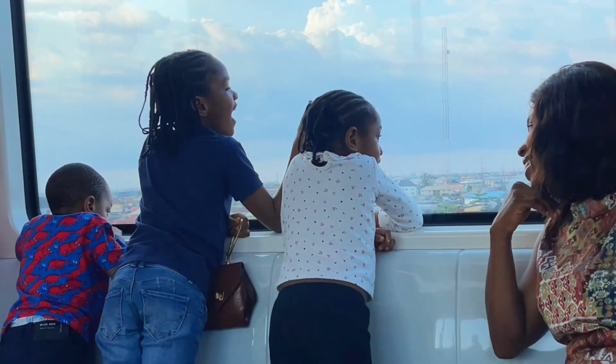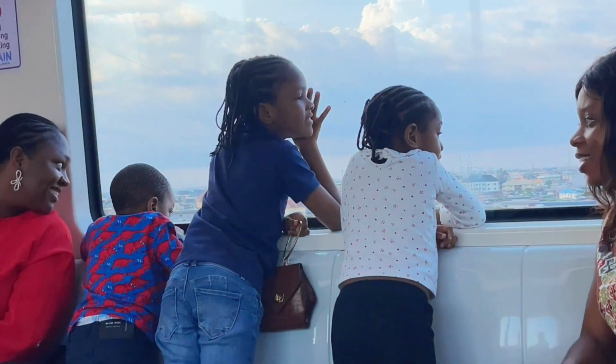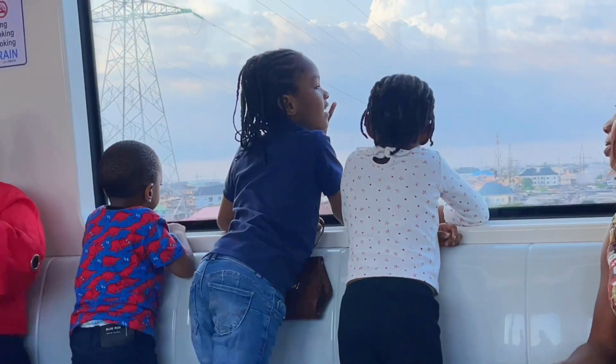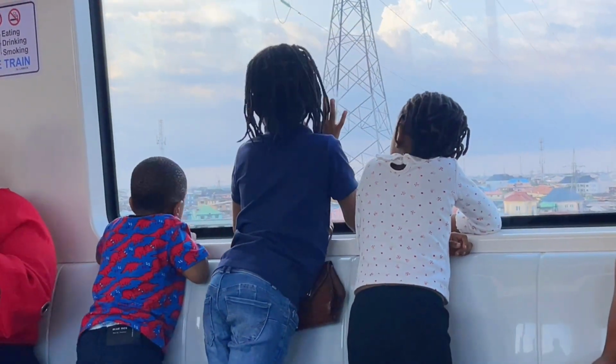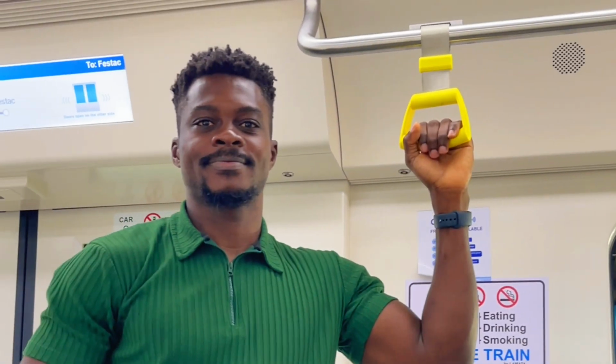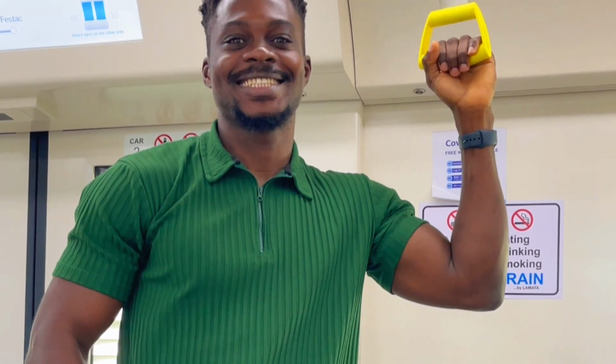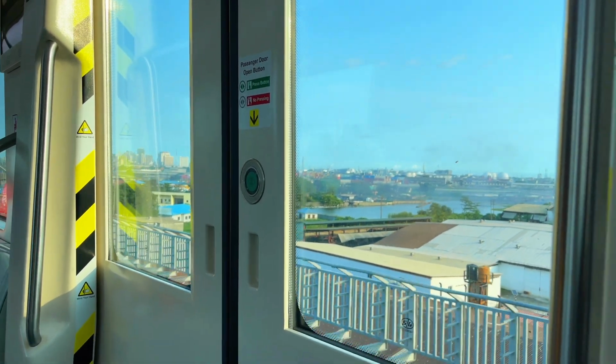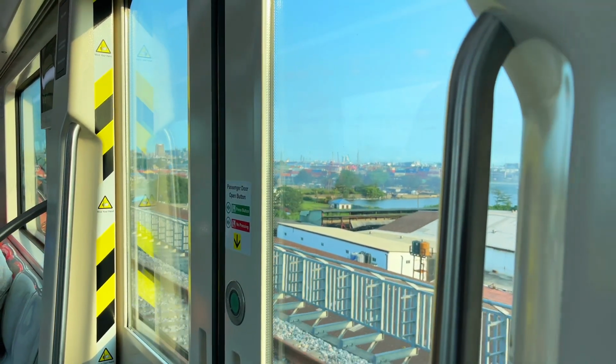Then also the train is air conditioned, it is neat, and it is convenient. If you manage to get a seat, especially during rush hour, you are going to have a nice time. And if you have to stand and you have access to one of those handrails, those ones that you hold on to, then you're also going to have a nice time. But I think even if you don't have access to a handrail, you should still be fine,